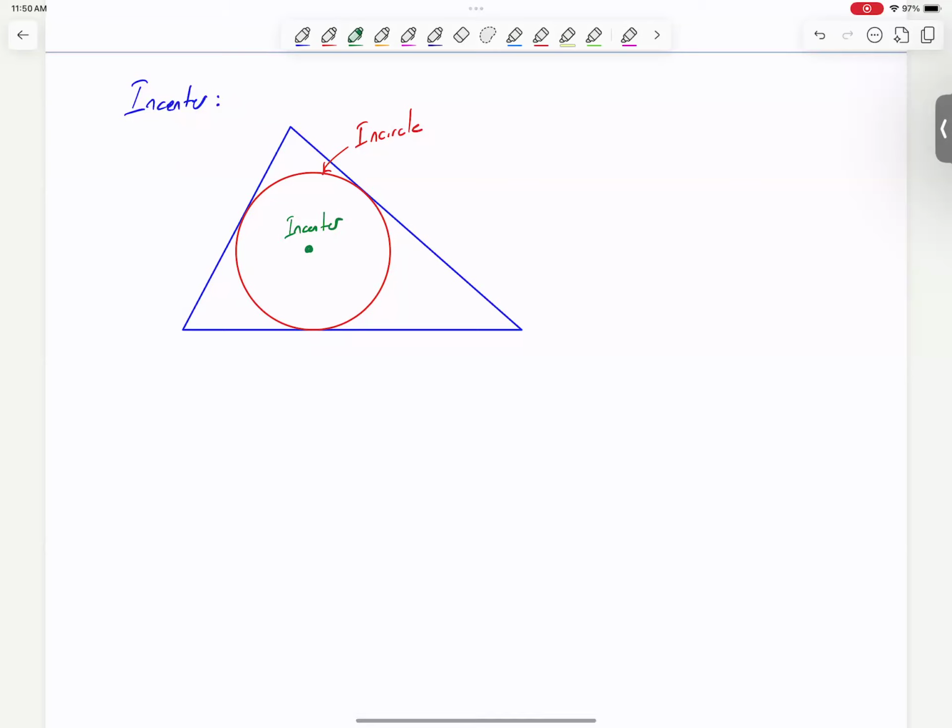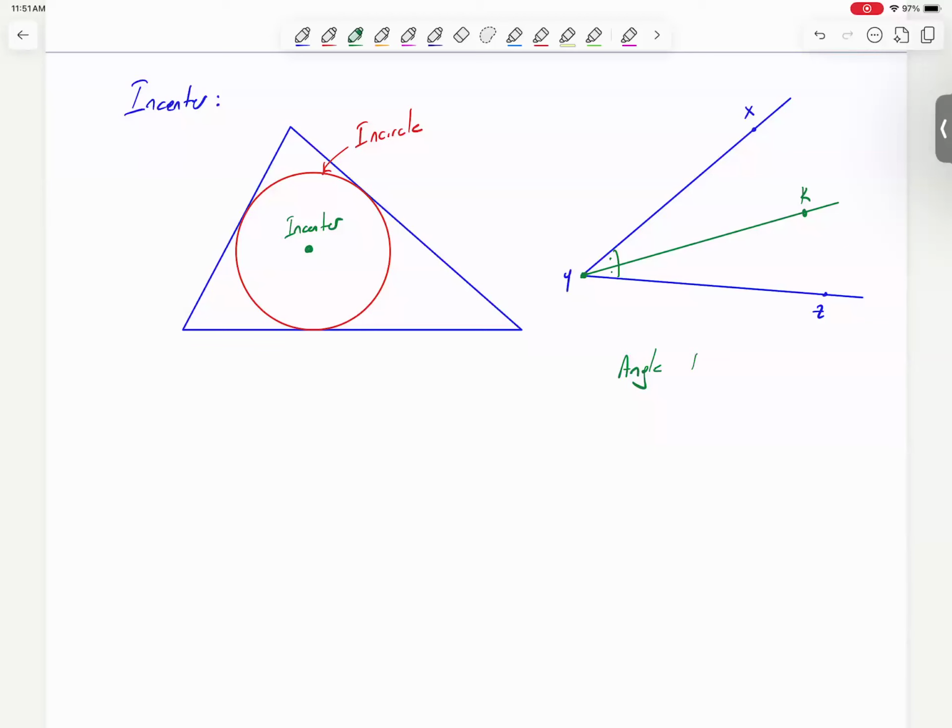How can we locate this point? To explain this, we need to explain the angle bisector theorem. Let's have an angle X, Y, and Z. Let's cut this angle in half. Draw the angle bisector. Let's say this ray YK bisects the angle Y. This is the angle bisector. The angle bisector theorem states that